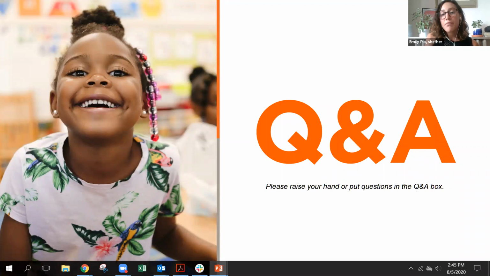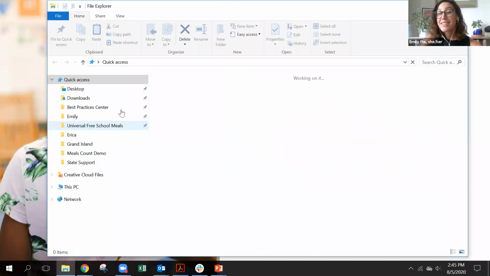And we had a question come in. You can also see it in the answered section. Would it be possible to group in a school with an ISP of less than 40% itself? The answer is yes, so long as the combined weighted ISP for the group is above 40%. I have a really basic example of a slide that I might be able to pull up here, although my computer tends to be pretty slow at pulling up new files when I'm sharing my screen on Zoom.